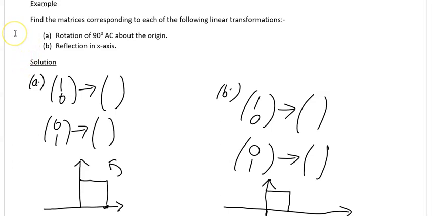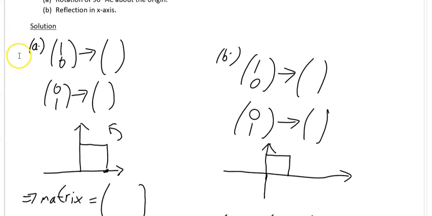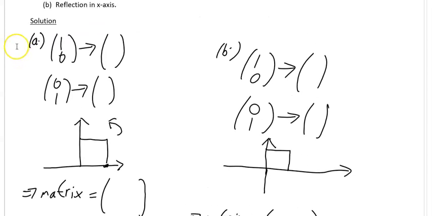It says find the matrix corresponding to each of the following linear transformations. So I've filled in a wee bit of this for us already. First one is rotation of 90 degrees anti-clockwise about the origin. So remember earlier on we said what you had to do was find out where this point moved to, so 1, 0, and also where this point moved to, 0, 1. So this will give you the first column of the matrix, and this will give you the second column of